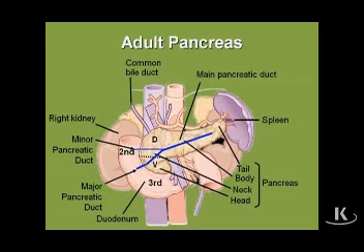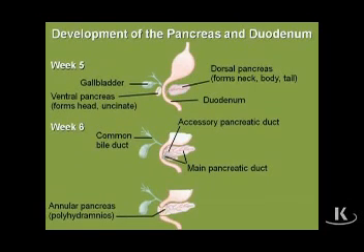So that's the normal appearance of the pancreas, and we can see how closely related it is indeed to this second part of the duodenum, since that's where it grew out of. Now, that's the normal development of the pancreas. There is an abnormality that we should be aware of, and that's an abnormality that's called annular pancreas,